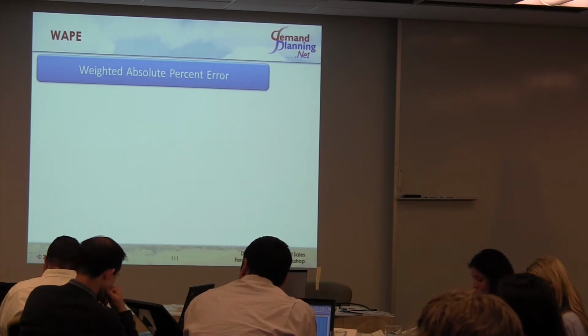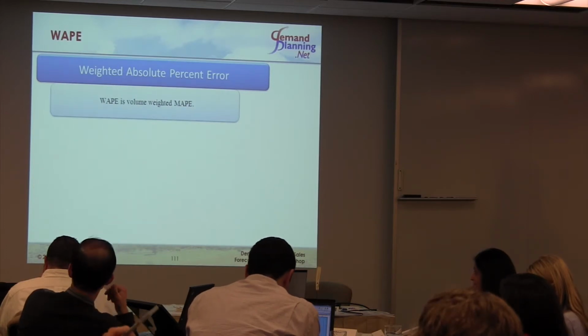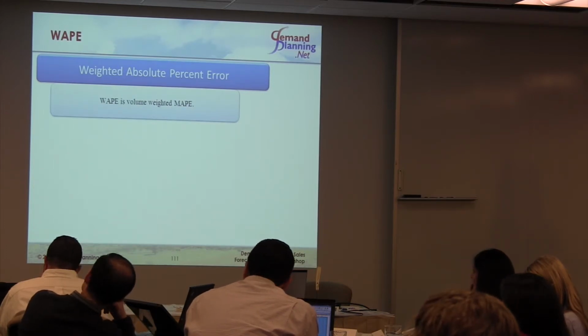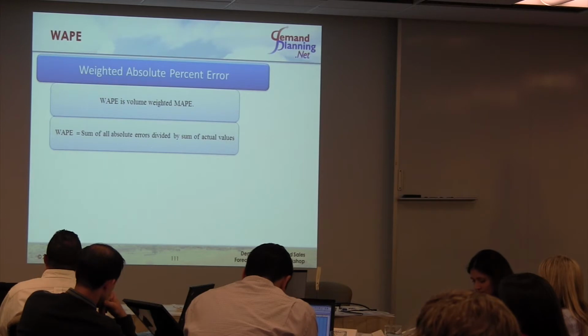As far as I know, a long time ago industry was measuring it correctly. I thought the academics were the ones who were measuring it correctly. But now there's also a story behind it. Anyway, WAPE is really volume weighted MAPE. The way that you calculate it is really weighting it by volume, like he was saying.